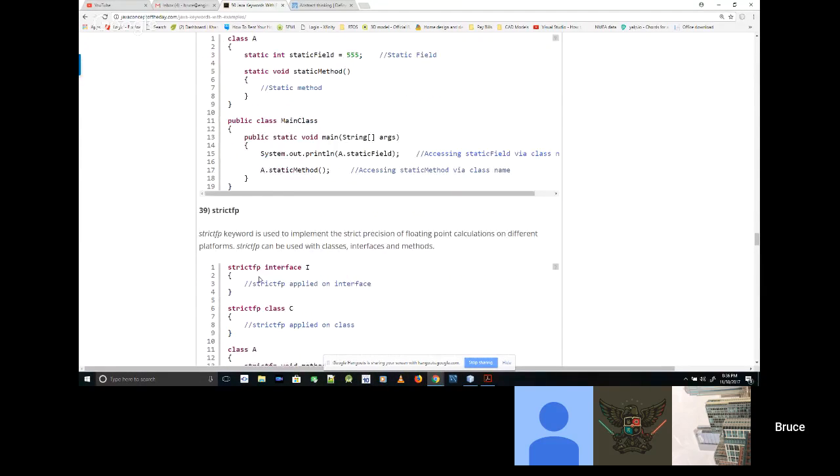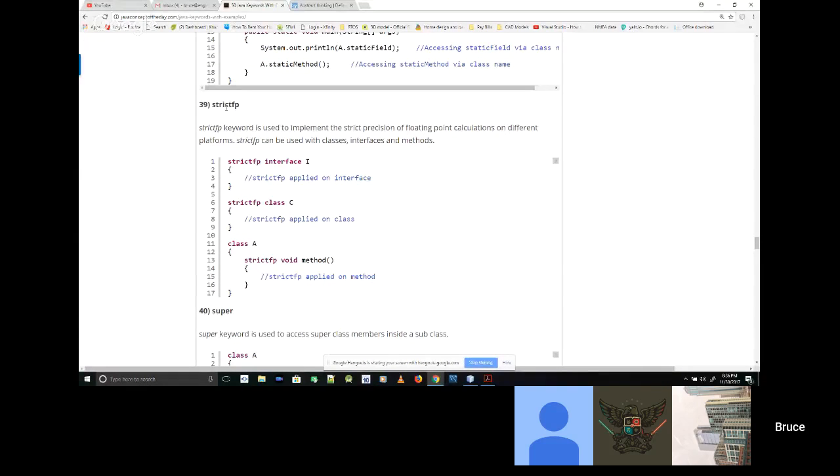This is another strict FP thing. That's not even worth talking about. I've never seen it used, and I have never used it, but I doubt very seriously you'll ever need to make sure that your floating points are neutral between different environments. If you start getting that kind of crazy calculation where you need to be careful about that kind of stuff, you're going to know probably all about that stuff.